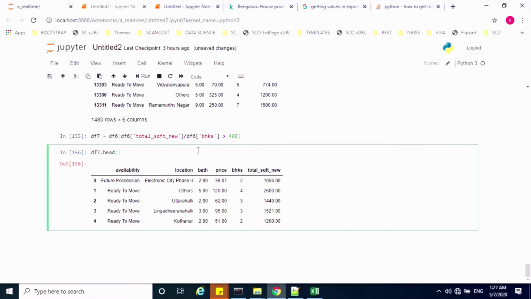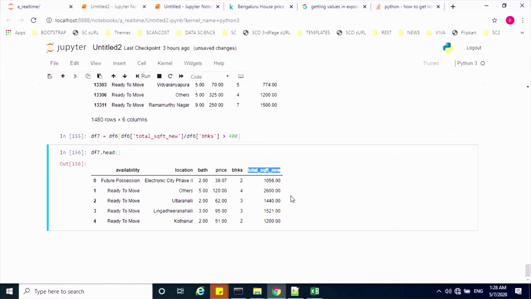We can also find outliers after getting the price per sqft value. For that, as of now we have the total price and the total sqft, right? So we can get the price per sqft as well. That feature will help us find the outliers.